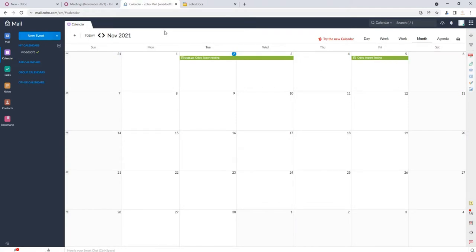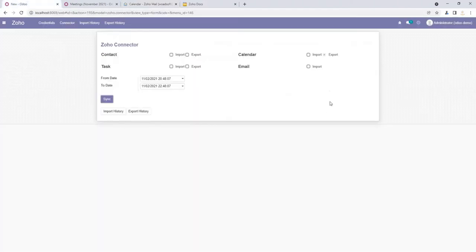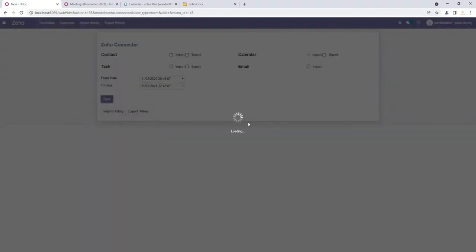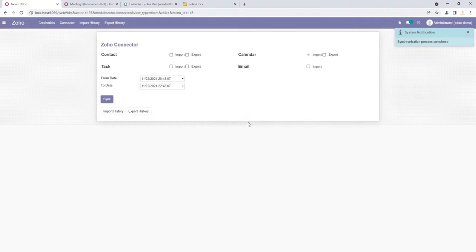Now we are going to import that calendar event into Odoo. I click the import option and the sync button, and you can see the synchronization process is completed successfully.